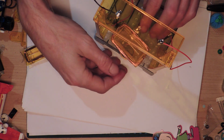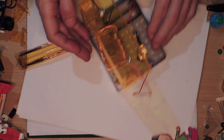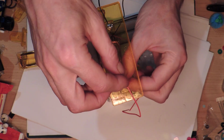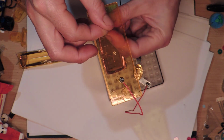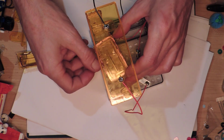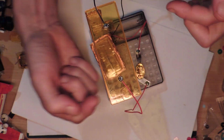So we'll put the magnet. I feel like it needs... That's directly on the magnet. Is there any way... I think actually there is. Alright, so we'll do a little... So you can kind of twist the wire a little bit. Okay, that makes more sense. So you can twist the wire up here, and then you can sort of like...